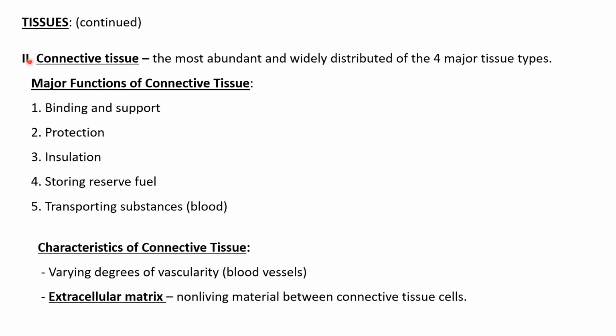Our next category of tissues is connective tissue. This is the most abundant and widely distributed of the 4 major tissue types. They're extremely variable and there's a lot of different types. The major functions of connective tissue are binding and support, protection, insulation, storing reserve fuel, and transporting substances, so like